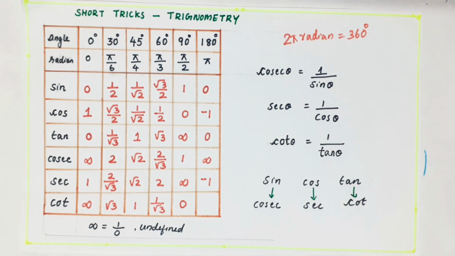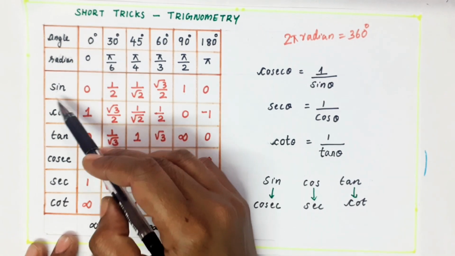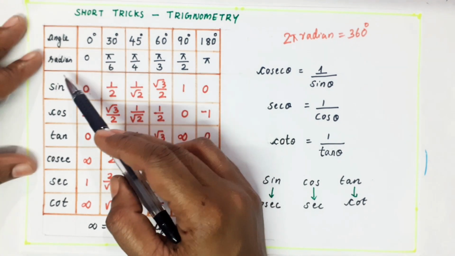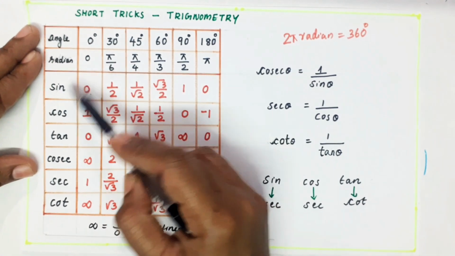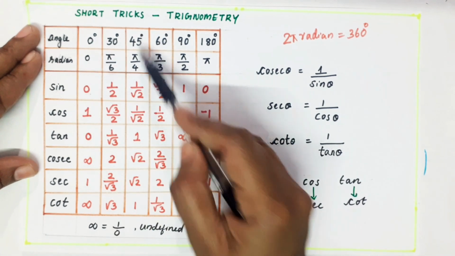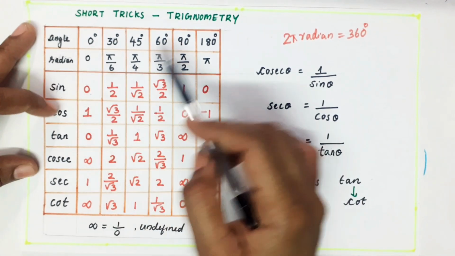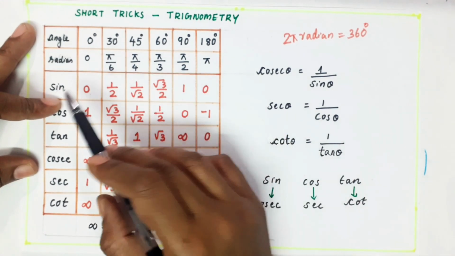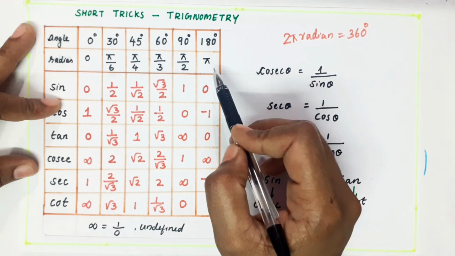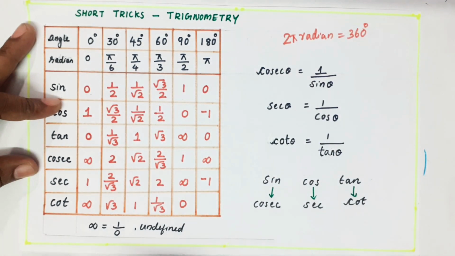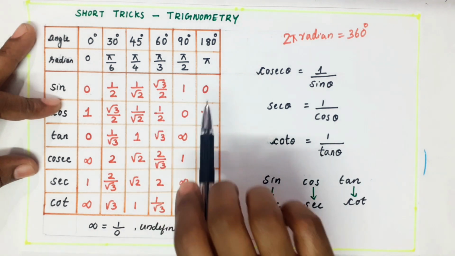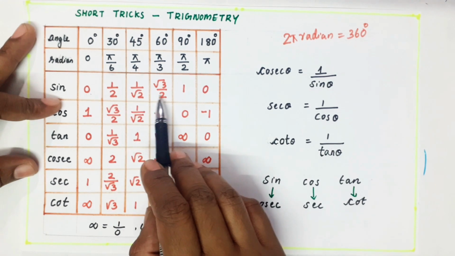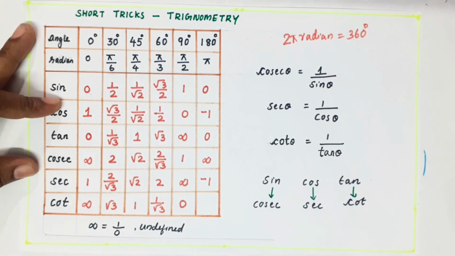Now I am going to calculate the sine value of 0, that is sine 0. You have to remember the first values. Sine 0 is 0, sine 30 is 1 by 2, sine 45 is 1 by root 2, sine 60 is root 3 by 2, sine 90 is 1, sine 180 is 0. In this, if you check the first 5 columns, 1, 2, 3, 4 and 5, it means 0 to 90 degree.